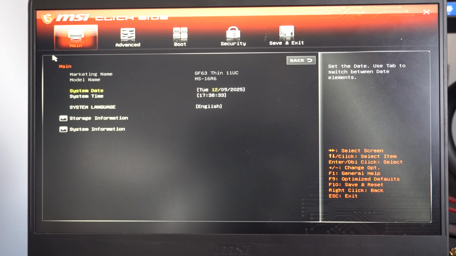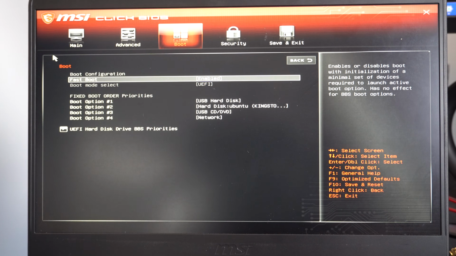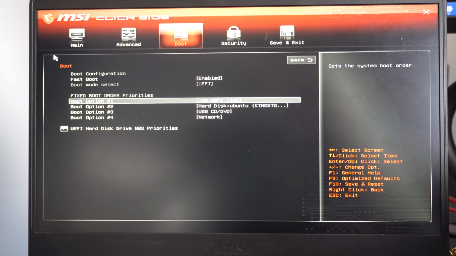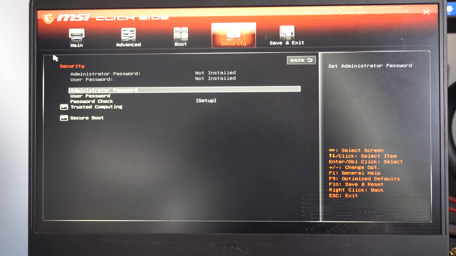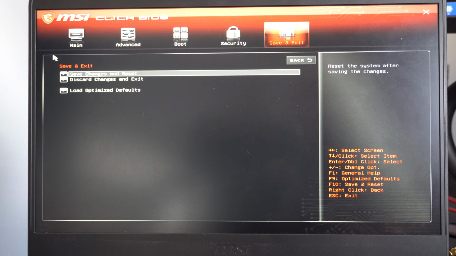And then we can go through here and look at the different options like main, advanced. We've got the boot option, so if you want to change the boot order, maybe you're launching from a USB or something like that, change it in here. Security. Now whatever changes you make, make sure you go over to save and exit, and then press enter on save